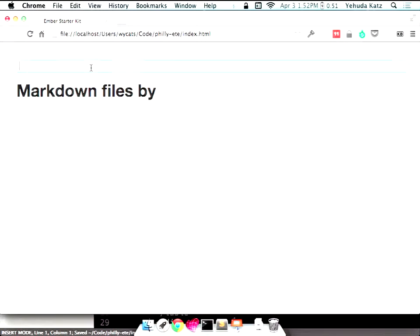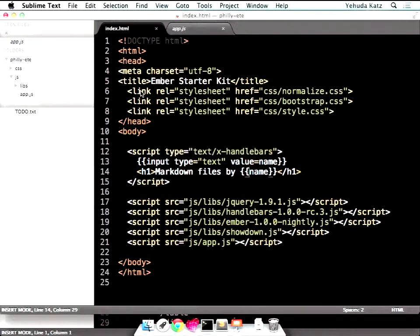So if I go in and I say Yehuda Katz, great. Now you can see that that name is pointing at the same thing. So awesome. Now, unfortunately, if I reload the page, obviously it does not remember that I typed that, which does not seem optimal. So what we're going to do is quickly save this to local